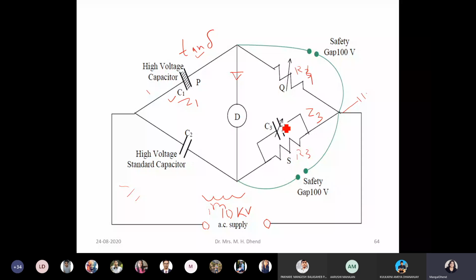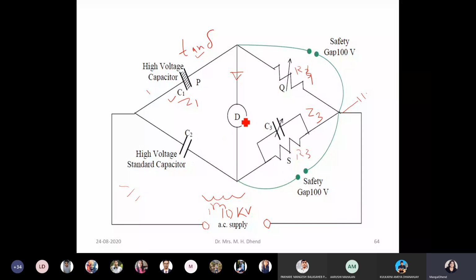Inductance is also there. Why only capacitance? Inductance will also be there. Mutual inductance will be there. Stray capacitance will be there. So whatever value you are measuring, that is not the true value of C3, which is shown on this bridge. Whatever you are saying, I connected C2 of 100 picofarad, no, that may not be that capacitance, because here parallel capacitances are coming into the picture. Even this detector will have capacitance. You are standing here, your body capacitance will enter into the measurement.